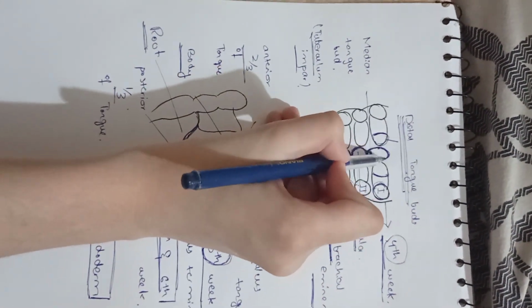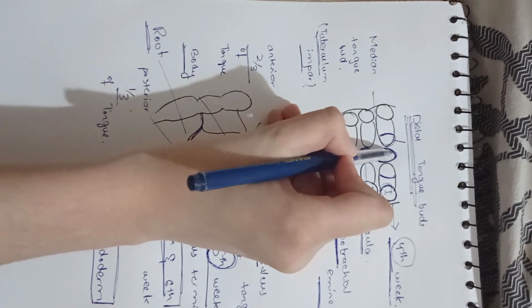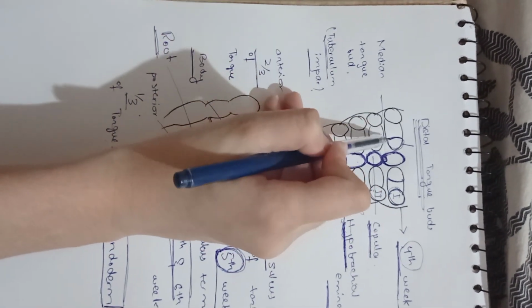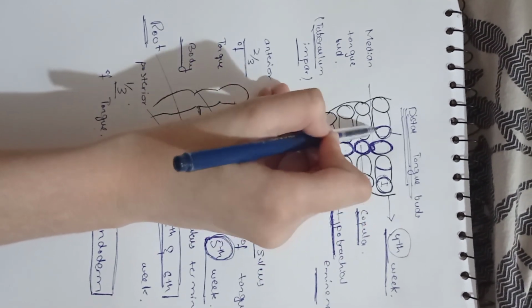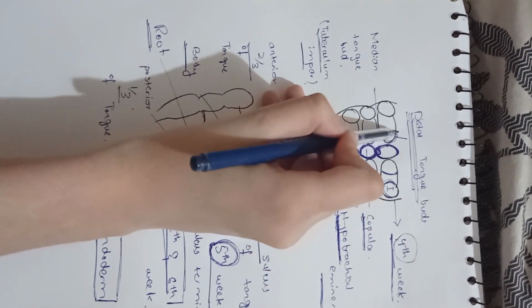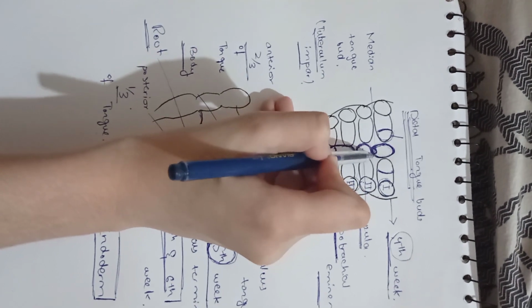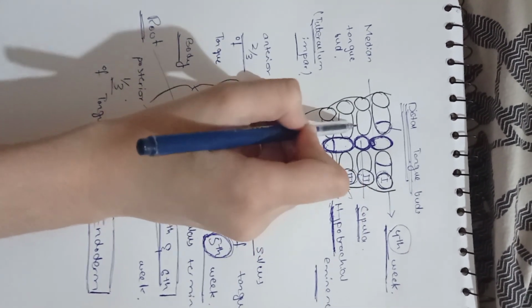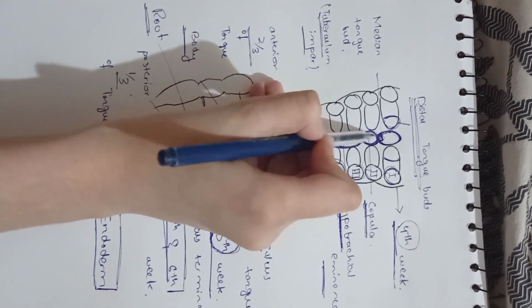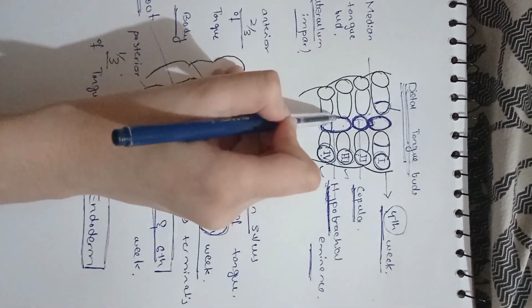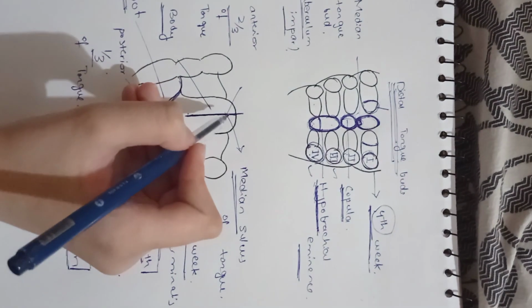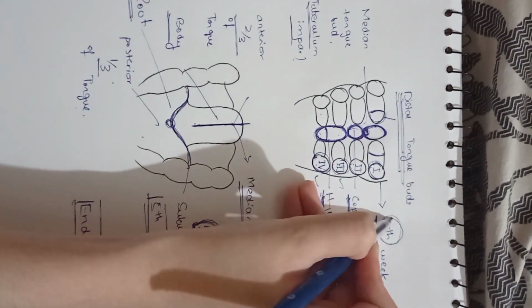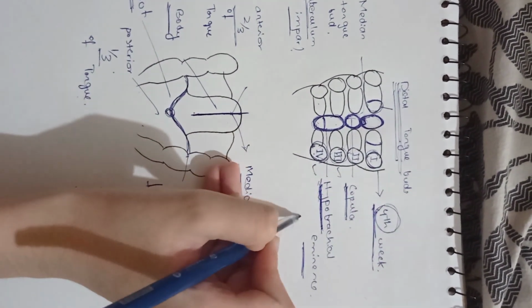Our tongue forms from three swellings from the ventromedial aspect of the first pharyngeal arch: one median swelling and two lateral swellings. The lateral swellings are the distal tongue buds, and the median swelling is the median tongue bud. This is the foramen cecum. Then there is the formation of the copula from the second pair of pharyngeal arches, and the hypobranchial eminence from the third and the fourth pair of pharyngeal arches. This is occurring in the earlier part of the fourth week and the later part of the fourth week.